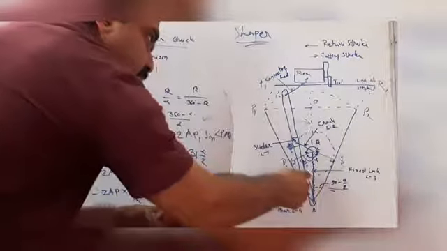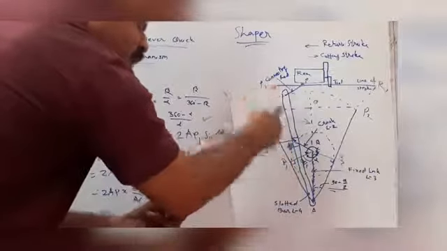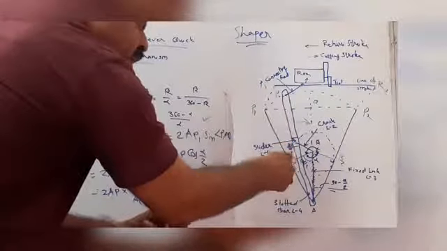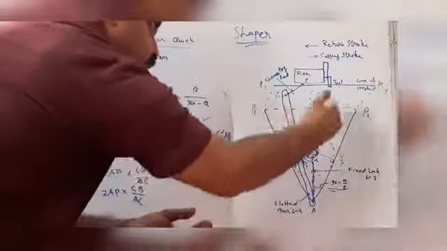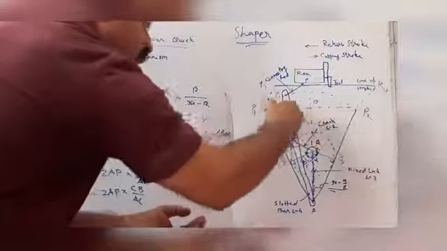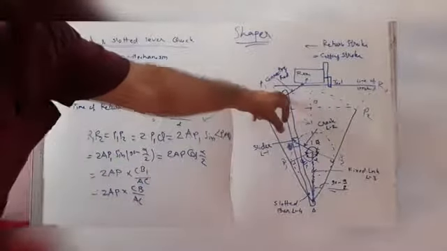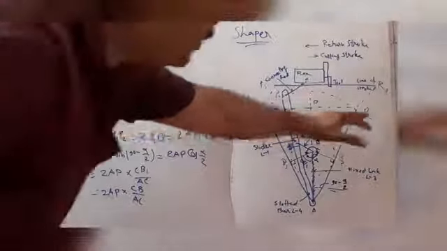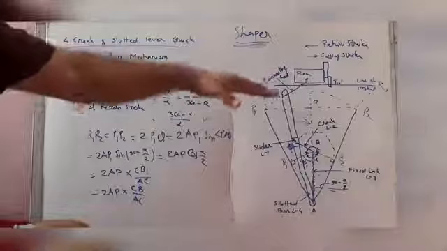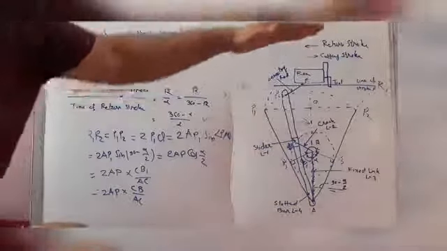Then it started going up, up, up; this slider goes up and down. So the circulatory motion is converted here into the oscillating motion, and here the connecting rod is connected, and with this connecting rod this ram is connected. During this, P1 to P2 is the cutting stroke, defined by R1 to R2. This is the line of stroke.